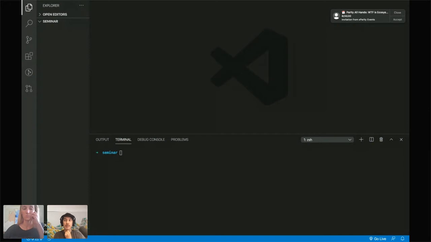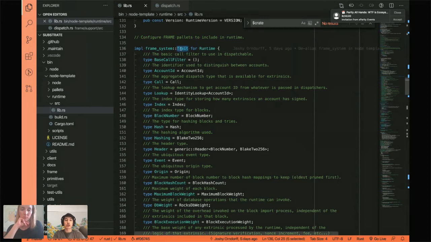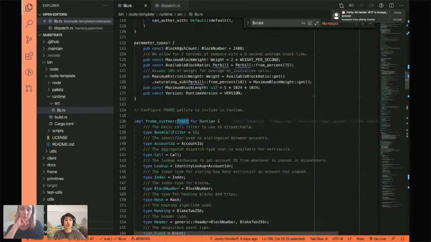Then we're going to take a look at Substrate real quick, and point out some of the pieces which I am claiming are kind of weird at first, and then we can go into the details. So the first topic I want to touch on is this trait. If you're familiar, when you're constructing your runtime, you have a bunch of pallets. These pallets all have individual pieces of logic. You bring them all together into this runtime, which composes the full logic of your blockchain.